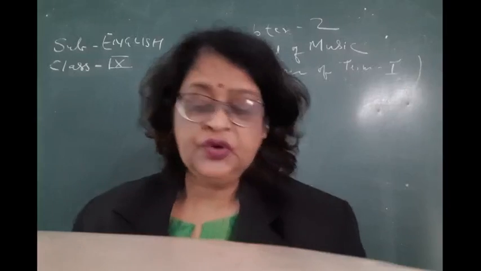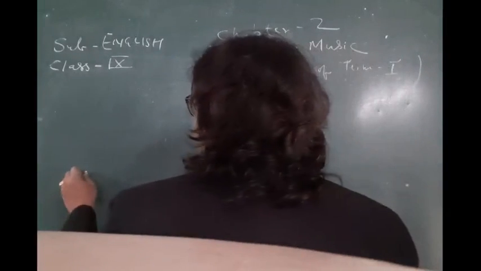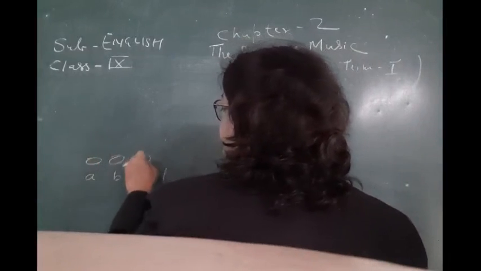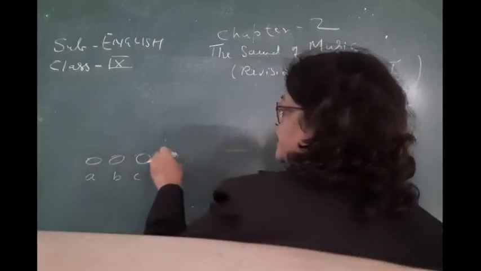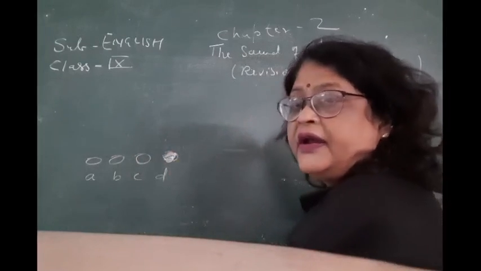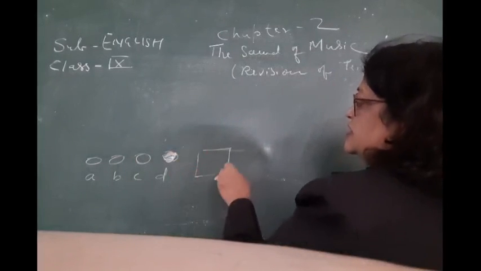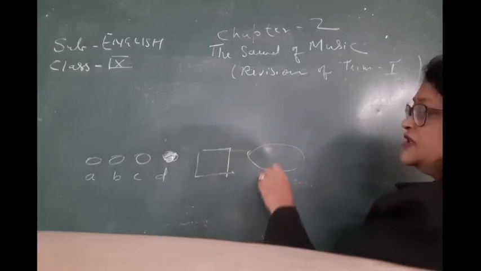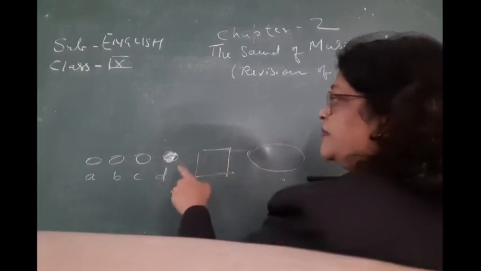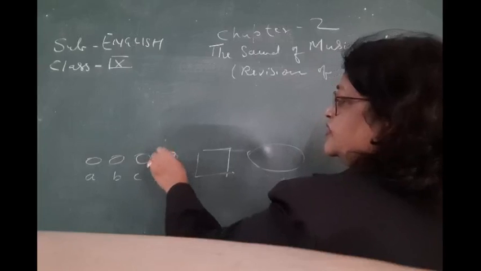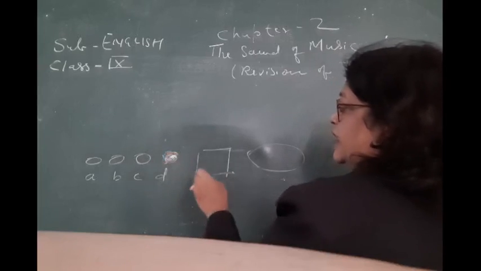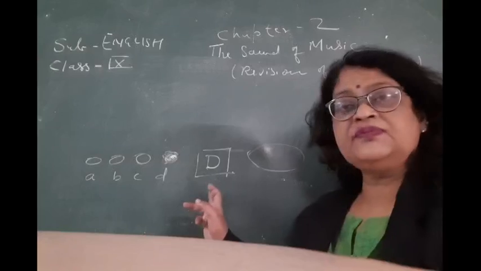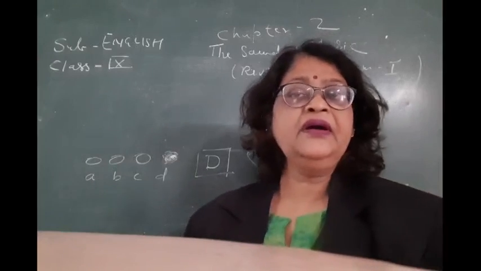Now in your sample paper, this type of boxes and circles will be there. You have to fill up the circle like this. Then there will be two boxes here, one oval box. If you are not attempting the question, then you fill this box. If you have attempted, like here D, you have to fill it properly with the royal blue ball pen, and here you have to write capital D. So in this manner you have to fill up the boxes.